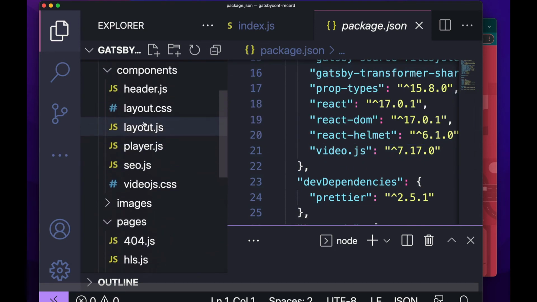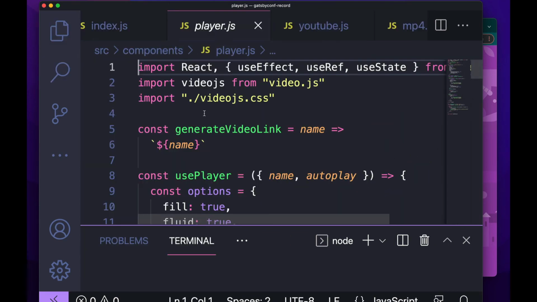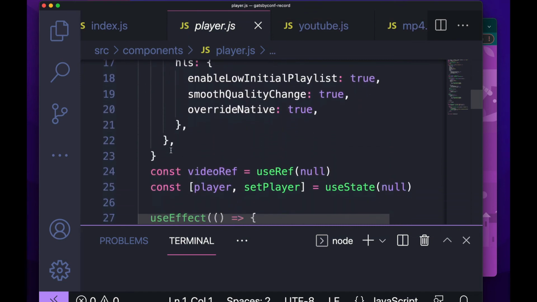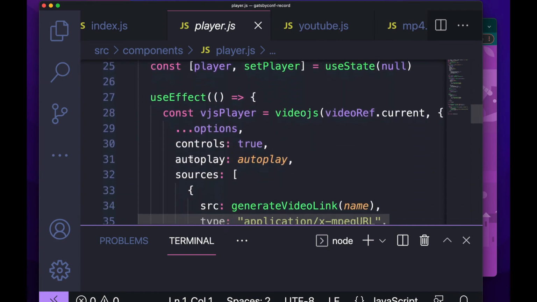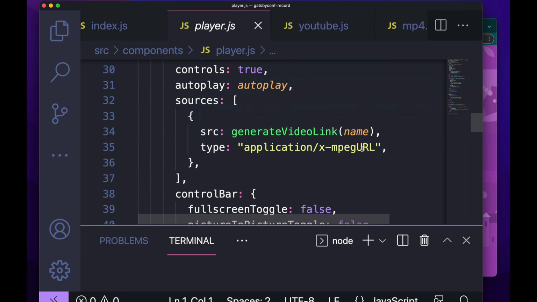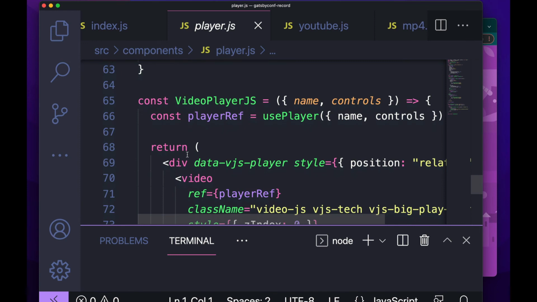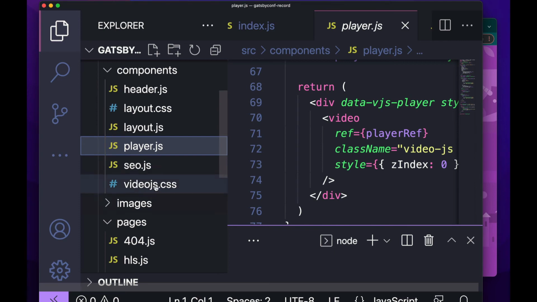Now, what I've done in the components is I've created a player.js component, and I'm going to pass the video link in the actual component on the page. I'm just going through setting different options here: if they're preloading, auto-playing, aspect ratios, all kinds of different things you can set. You do need to put type equals application/x-mpegURL. That's what HLS is going to use. I'm just setting all these items here. There isn't anything you need to change, right? And I've used some CSS over here as well